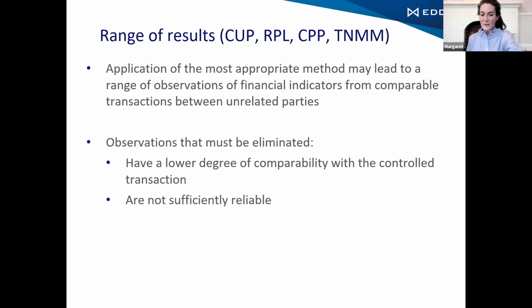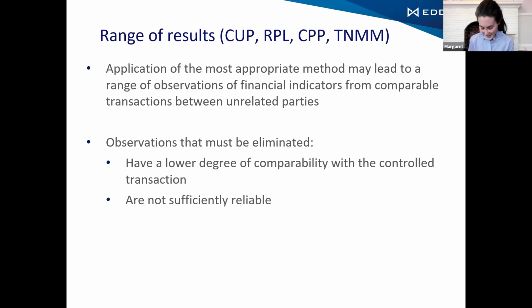So for a range of results, there are some rules in the Brazilian regs that talk about the range and whether you need to use the interquartile range or you can use the full range. And it just depends on how reliable you think your comparables are. If you think they're very reliable and either you didn't have to make many adjustments or you made adjustments, but you believe that they were supportable adjustments, then